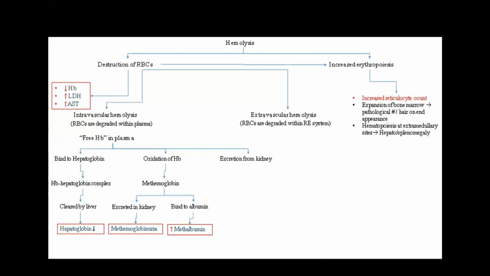Third, this free hemoglobin is small, so it can be filtered through the kidney. So it can directly appear in the urine, known as hemoglobin in urine. That is, hemoglobinuria will be the feature. So in intravascular hemolysis, the most sure sign is the appearance of hemoglobin in the urine. As soon as there is an intravascular hemolysis, hemoglobin appears in the urine.